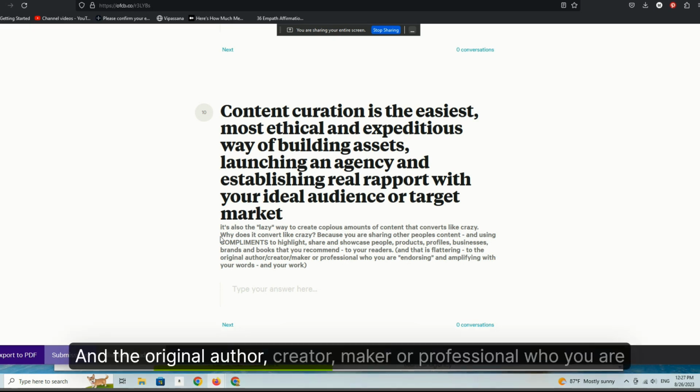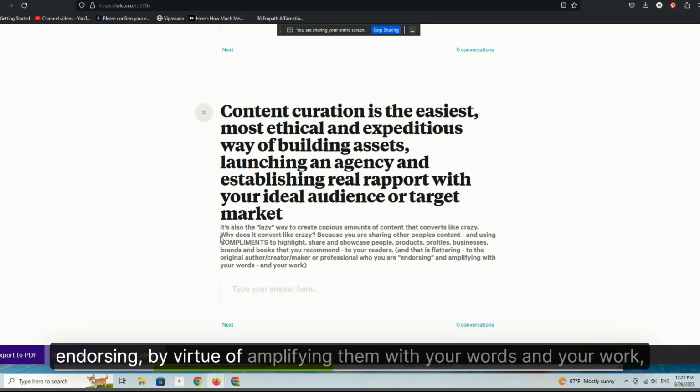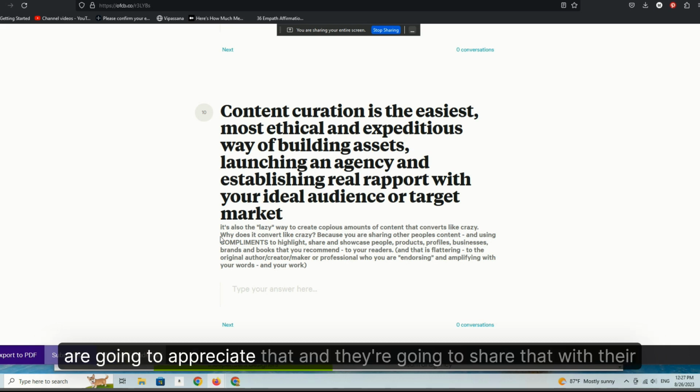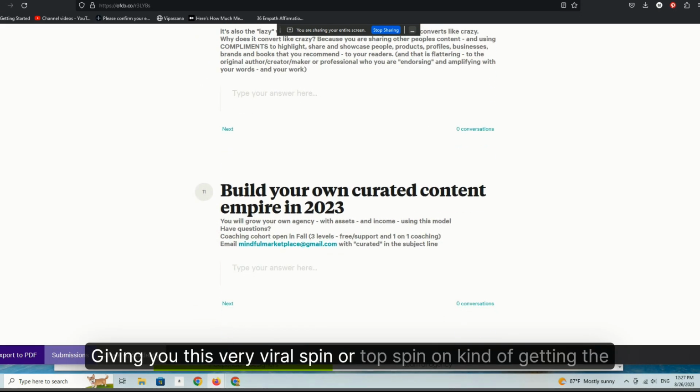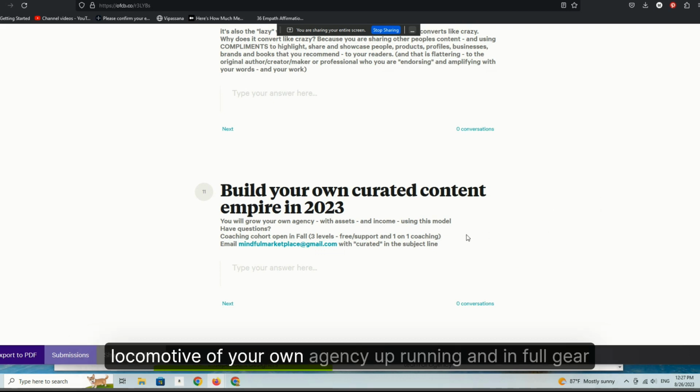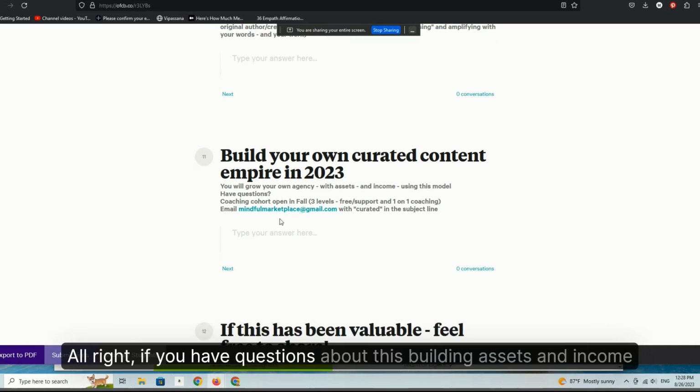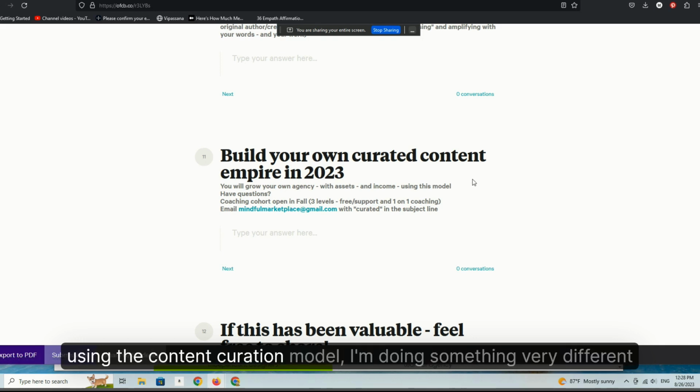And the original author, creator, maker, or professional who you are endorsing by amplifying them with your words and your work are going to appreciate that, and they're going to share that with their audience, giving you this very viral spin or top spin on getting the locomotive of your own agency up, running, and in full gear.